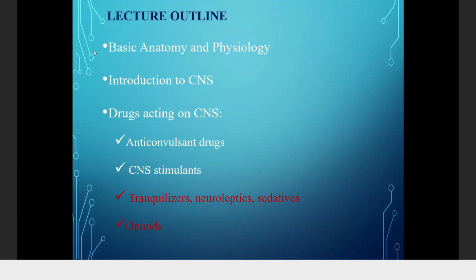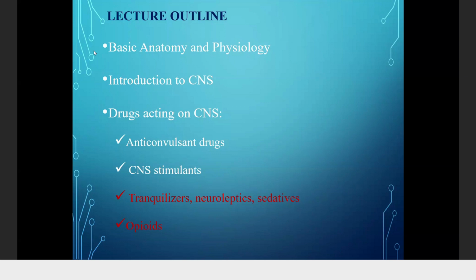Okay. So basically, for any lecture, any drugs that act on any system, you should be able to know the basic anatomy and the physiology. That's why usually physiology and anatomy, you take it in first year and second year, so that you have the basic knowledge before you know how drug acts on these organs. Okay. So I'm not going to go through this basic knowledge and physiology. You have to refer to your notes, and